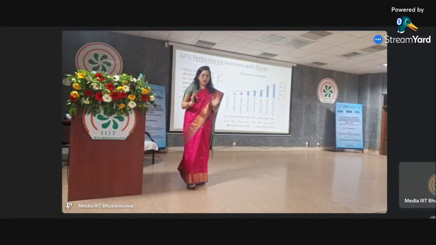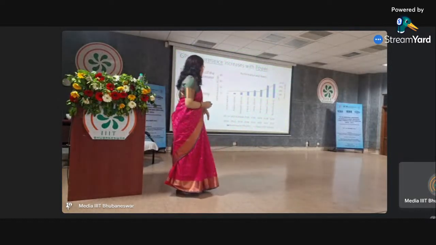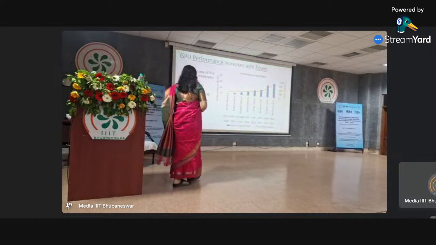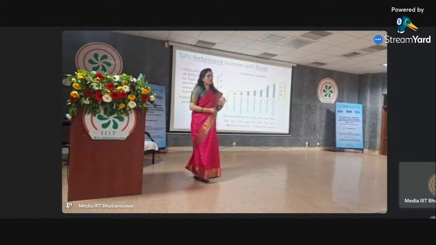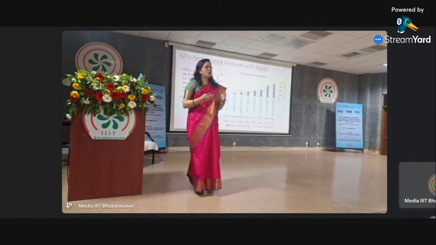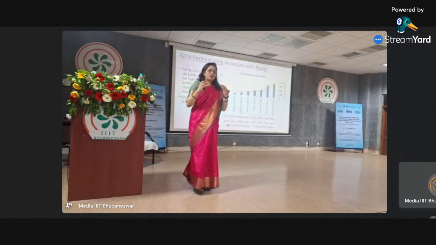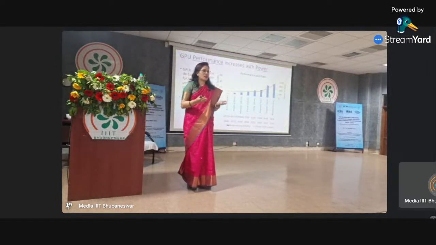How can I make sure that my GPUs are energy efficient? That was what my PhD is about. And I think in today's world, every company is looking at the sustainability aspect. There is a lot of research on green AI, sustainable AI. So what they want to do is the same computation. Rather, the computation should scale up, but the power that it is consuming should go down. That is what the focus of